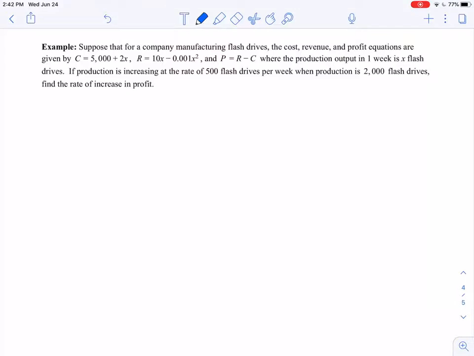All right, I'd like to do one last example here. Suppose that we have a company that is manufacturing flash drives. We have the cost, revenue, and profit equations given by C of x equals 5,000 plus 2x. There's our cost function. R is equal to 10x minus 0.001x squared. There's our revenue function. And profit is, of course, revenue minus cost, where the production in 1 week is x